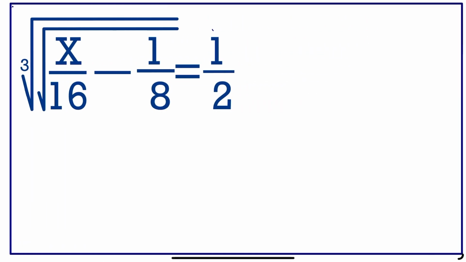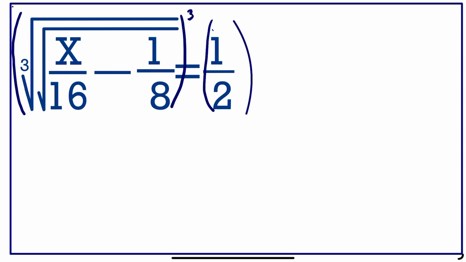To solve this equation, the first thing to do is to eliminate the cube root. And to do that, we need to put brackets raised to the power of cube so that the cube root and the cube will cancel out. So we can see that the cube root and the cube cancel out. If we move further, we'll be left with